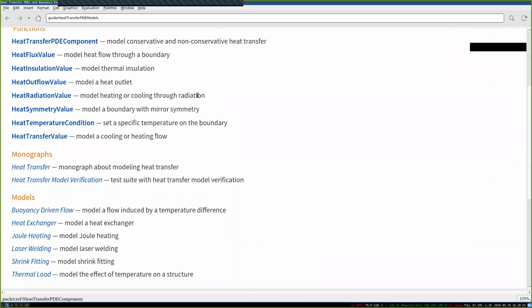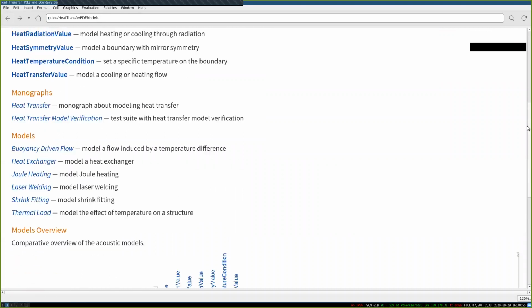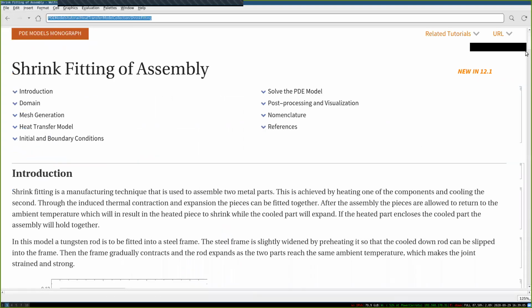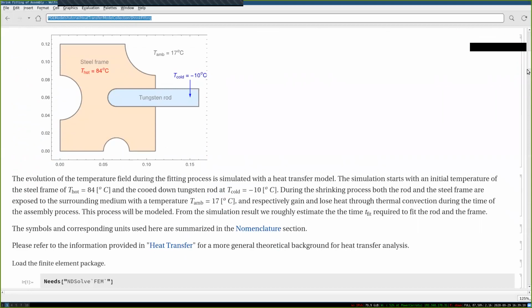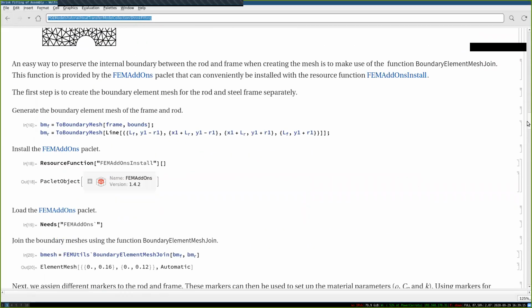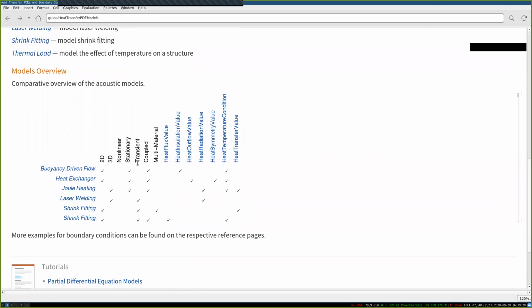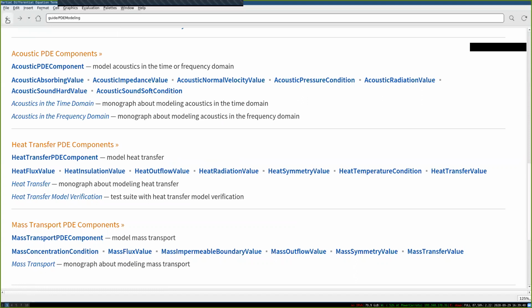So yeah, and what this sub-guide page also has is the specific models that we've done for the heat transfer. So for example, if we look at the shrink fitting example here, you can look at those examples. Right, and additionally, there is a small list of what functionality is discussed in each of these extended examples. So if you're looking for a 3D example, you might look at the joule heating or the laser welding application example. So that gives you a bit more information of where to find what if you're looking for something specific. Okay,